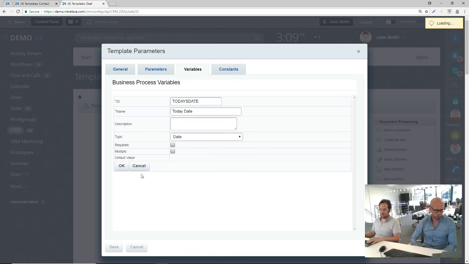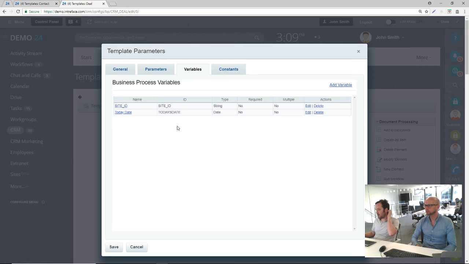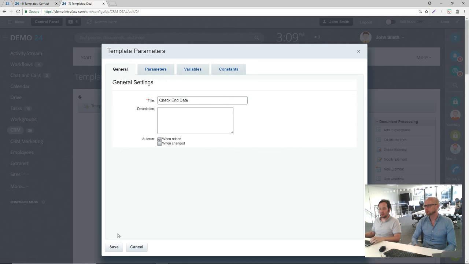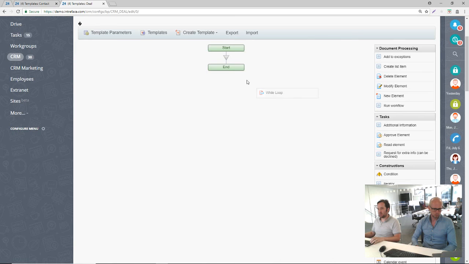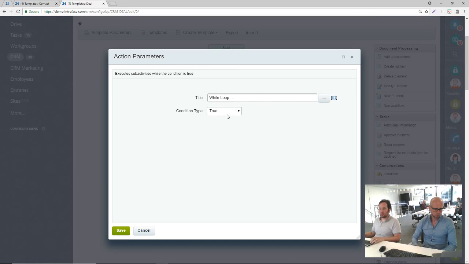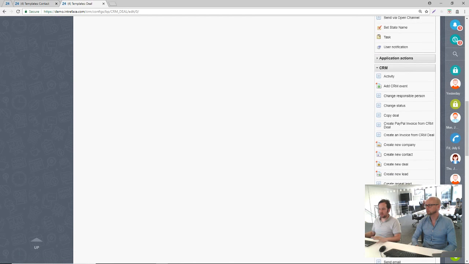Class this to the date field here. Press OK. So we've got a variable for today's date, and we're going to trigger this when a new deal has been added. And then, as Damien mentioned, what we need to do then is create a while loop that would check that particular field. So actually, what we need to do first is, and this is where the restriction slightly comes in,